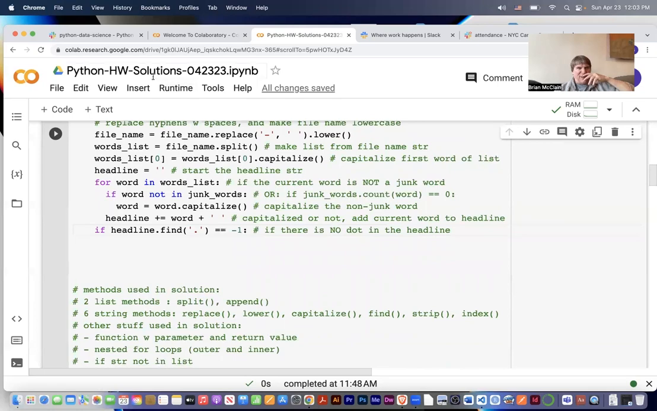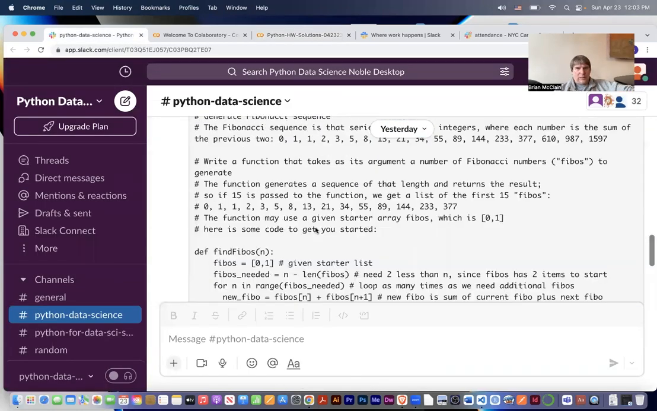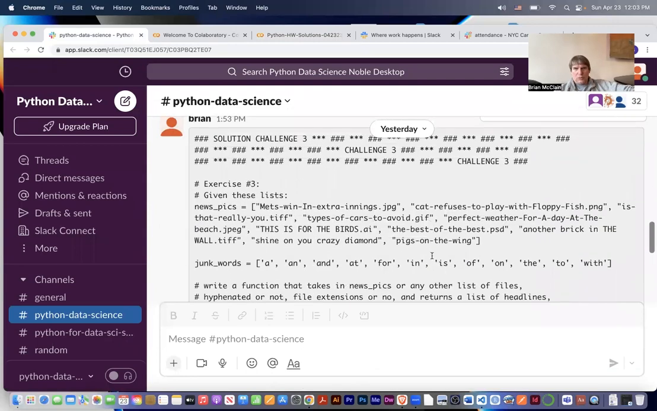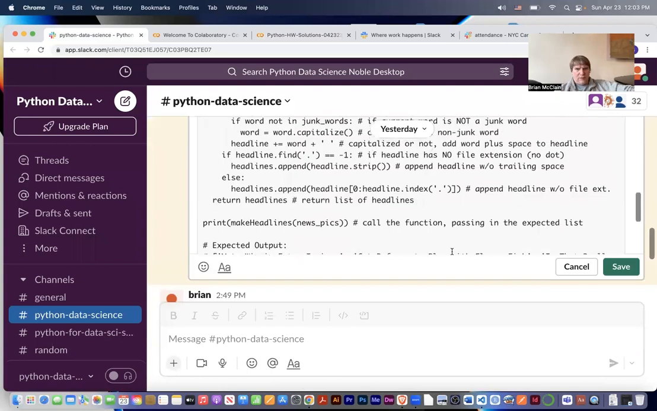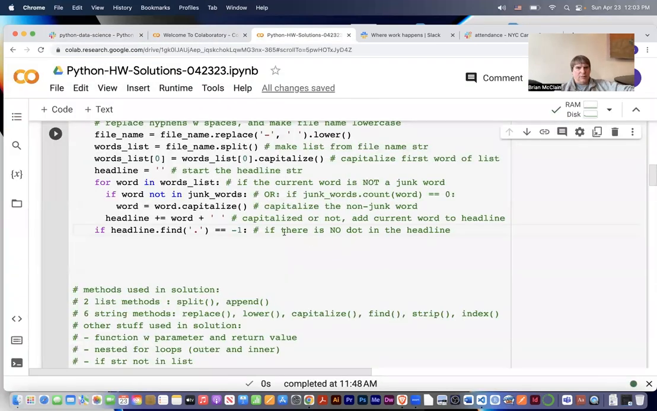I might have made a mistake when I pasted that in. The solutions are all in the Slack, yesterday I posted all the solutions. Let me see. If there is, I think I need to make that, if headline has no file extension, sure. Okay, that's correct. So if there is no dot in the headline,